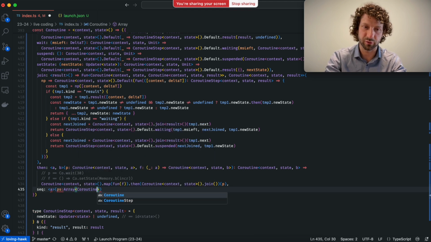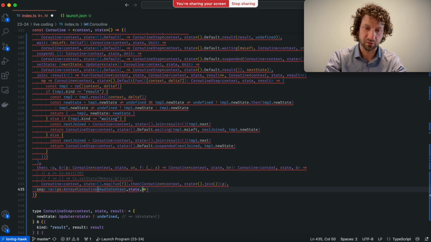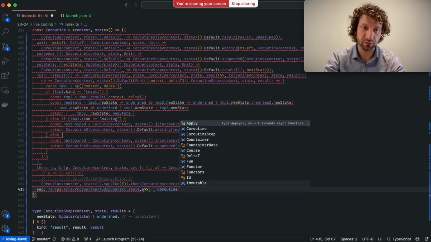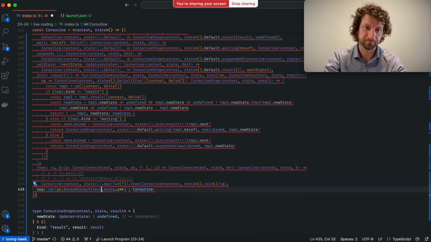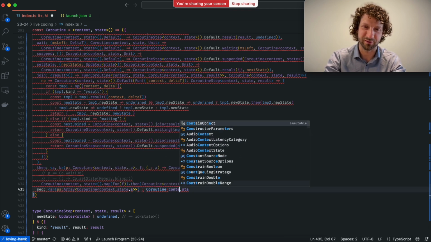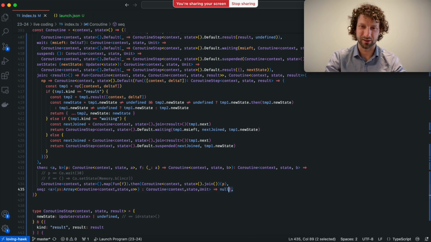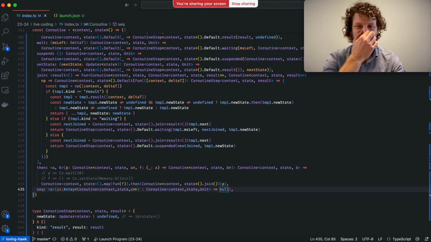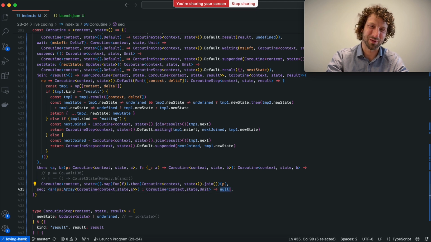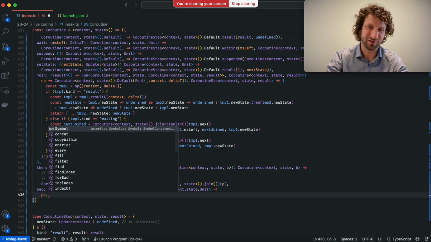There's an array of coroutine of context, state, and A. This gives us back a single coroutine of audio context, of course, context, state, and unit. Alright, it is happy. And yeah, this one is super easy, because what we do is we say, okay, if